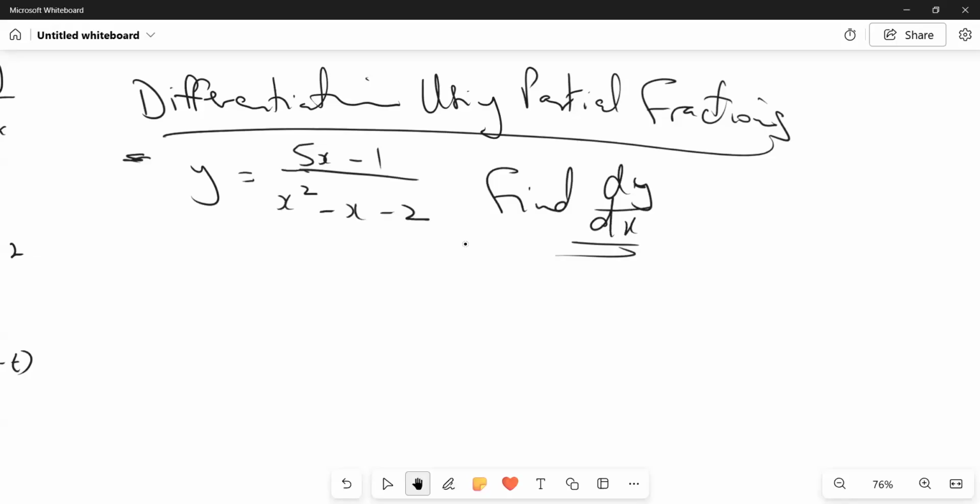And one might be tempted to say, man, let me use the quotient rule here. But you would see, you'd have a very horrible denominator. It'd be very, very complex, right? So instead of doing this,